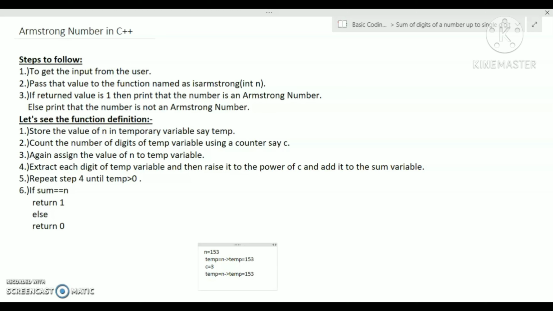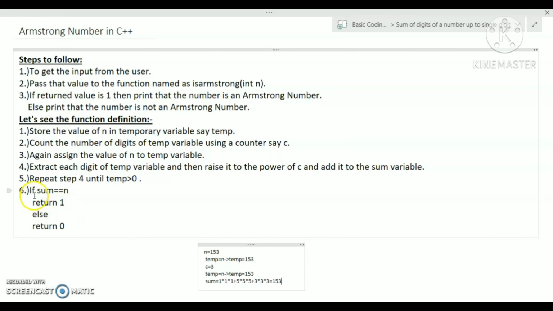So after completion of the fourth and fifth step, we will get the sum value as 1 cube plus 5 cube plus 3 cube, which will be equal to 153. And in the sixth step we check if sum double equal to n, then we return 1, else we return 0. In this case the sum value is equal to n, so we are going to return 1.